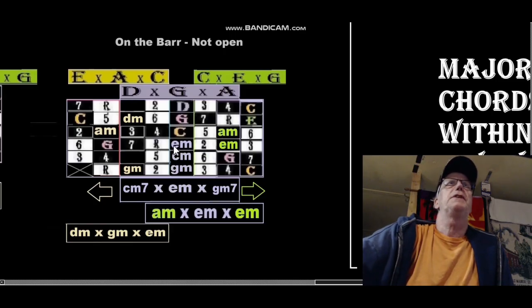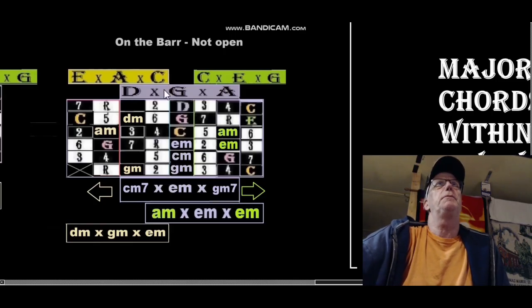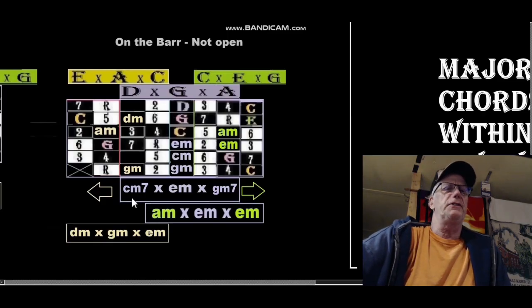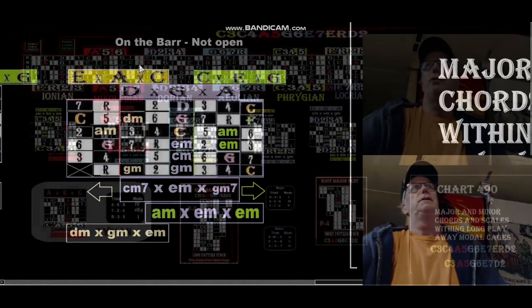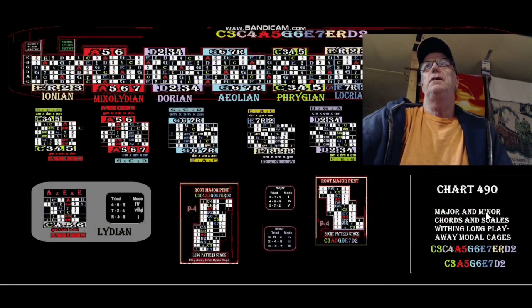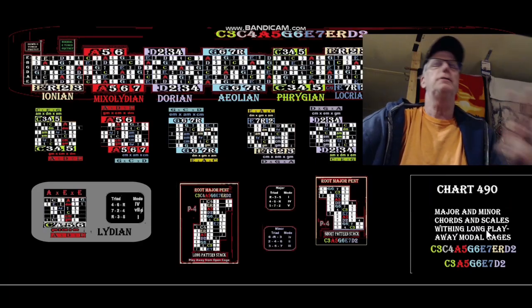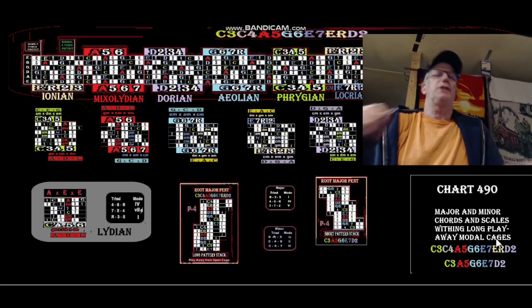We use that to make half chords, or we can just open up on the bar, not open, and we can actually do a C minor right there, 3, 6, root, 3, 6, root right up there into D minor. You can do an arpeggio, you can do partial chords and all that. We want that kind of freedom, but just as long as you understand where these 7ths come in when you have the fret nut in the short cage right there. Major and minor chords and scales within long and short play-away modal cages. I definitely wanted to